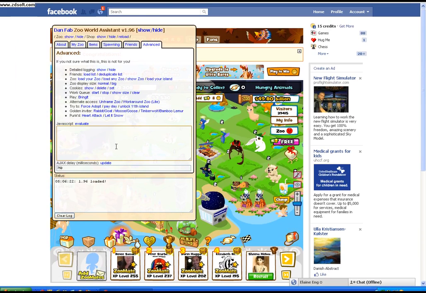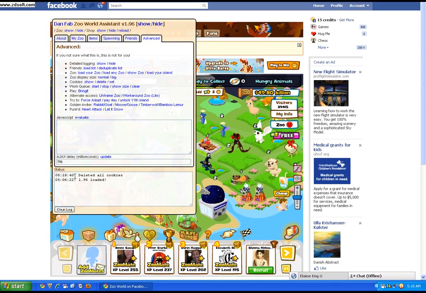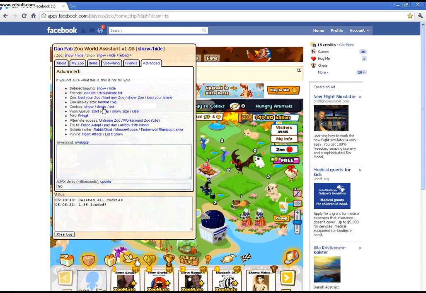The most important thing I think we should do is be consistent and come to this tab first to delete cookies. If you hit delete cookies, you'll notice that the status says deleted all cookies. This is usually a prerequisite to doing a lot of different functions on other tabs. So get used to going to this tab first and deleting your cookies before you use other functions on the other tabs. It'll save you time and effort if it errors out. We'll go over some of these